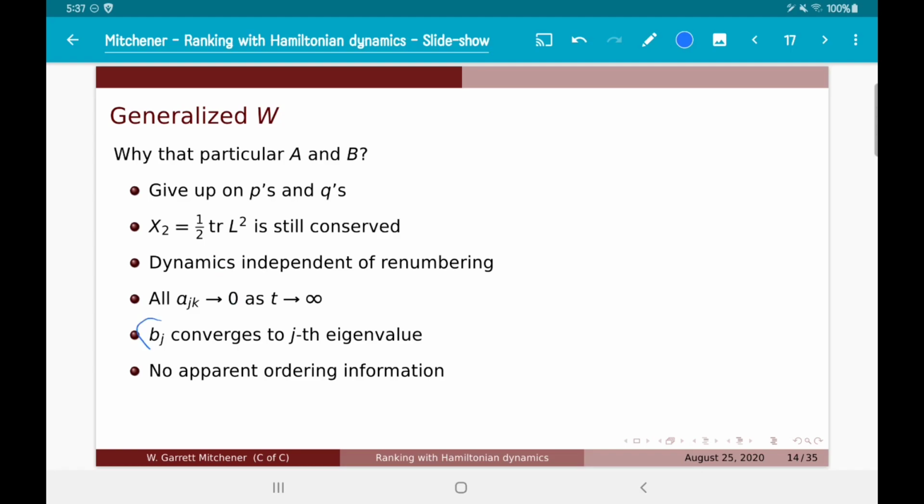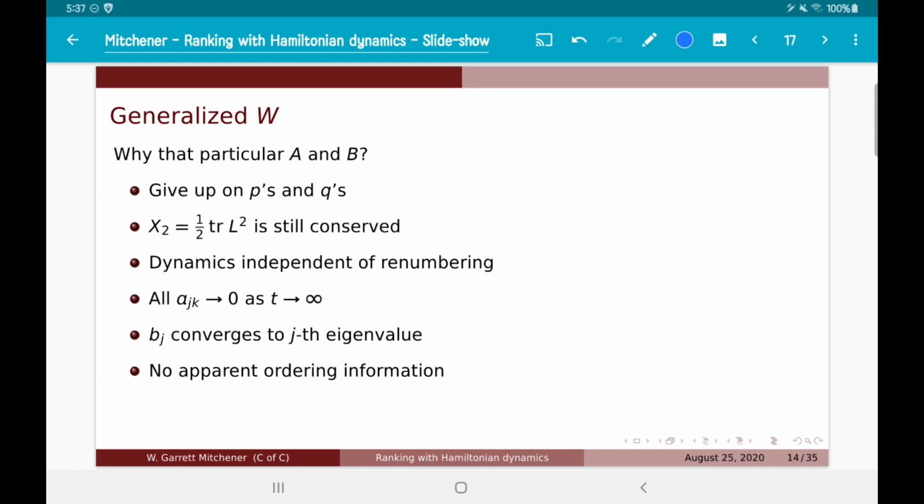The B's, which are the diagonal elements of L, converge to the eigenvalues in increasing order, or you can run time backwards and get the other order. And there just doesn't seem to be any ordering information preserved by this dynamical system. So as far as I know,